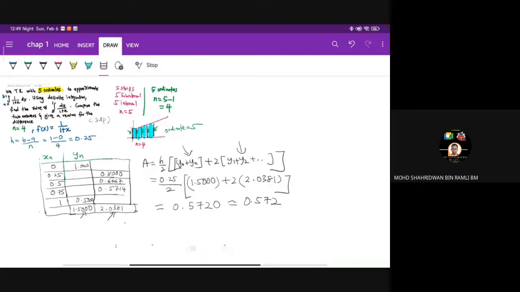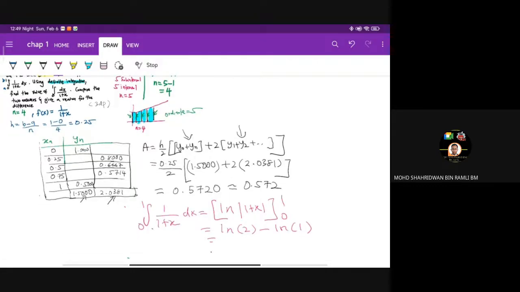Next, I'm going to show you the definite integral here. When it comes to the definite integral, we need to integrate from 0 to 1, and the function is 1 over 1 plus x dx. So it will be equal to what? ln(1 plus x), and then from 0 to 1. So after you substitute, it will be ln 2 minus ln 1. So by using calculator, you will have here